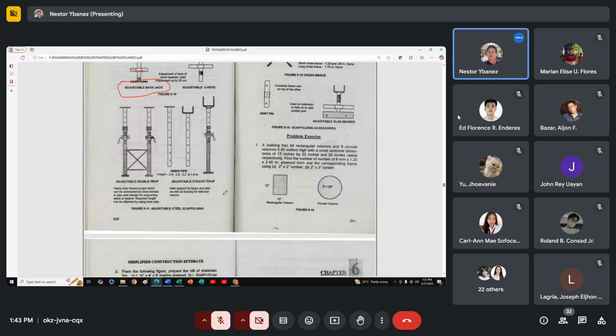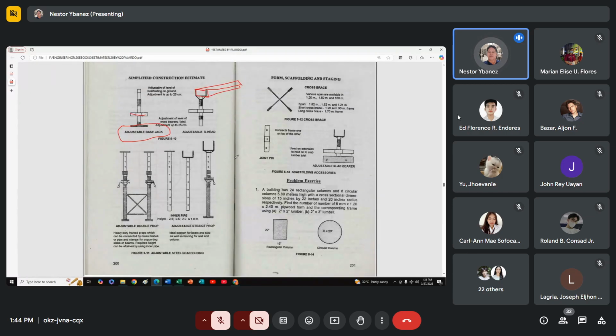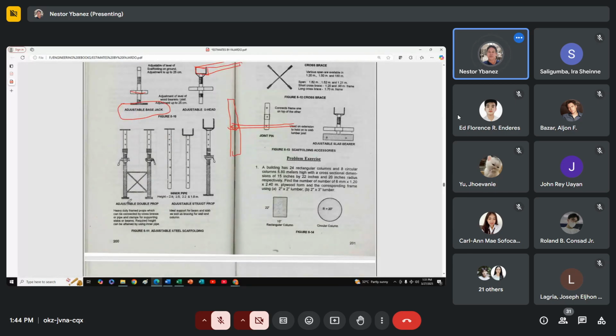Then, wala diri ang mga clamp. Mga tubo ra tanan, then may clamp diri. Anyway, ang clamp, dali naman siya ma-estimate. And that is for rent, mo-rent ka ug usa ka truck with mga clamps, horizontal and vertical. So ang ato diri ang modern, these base jack and adjustable base jack.